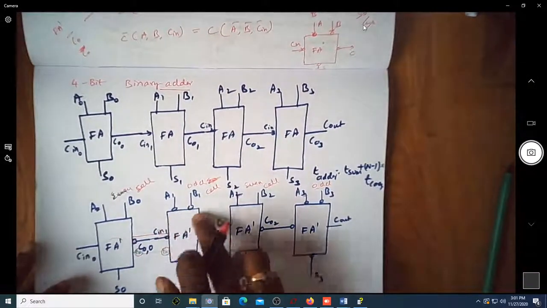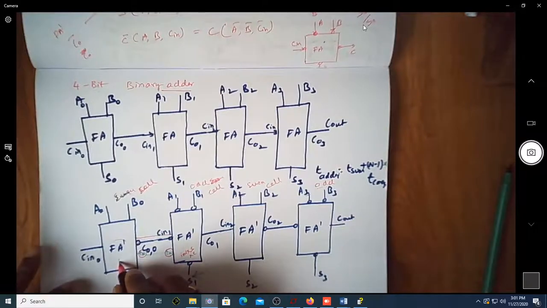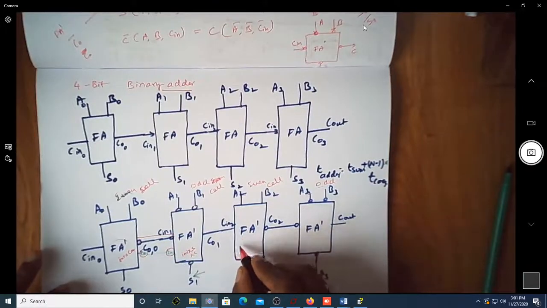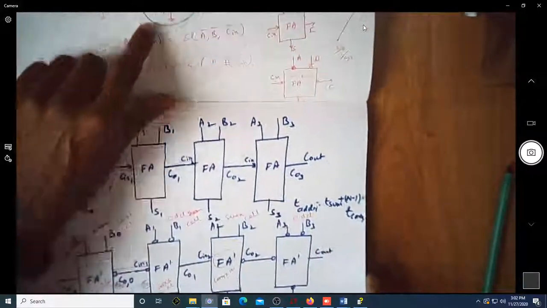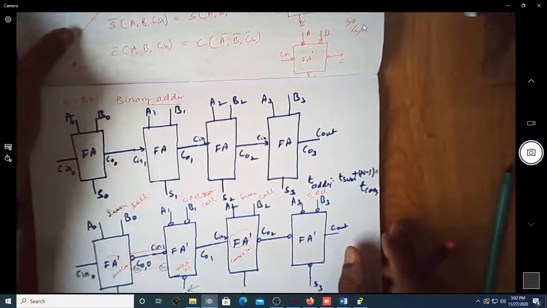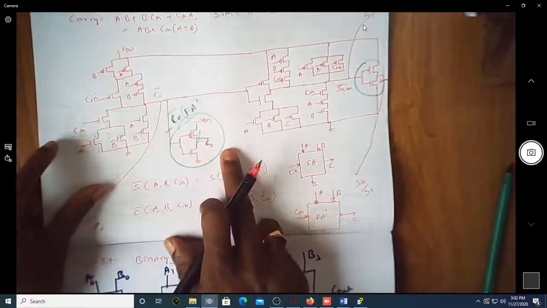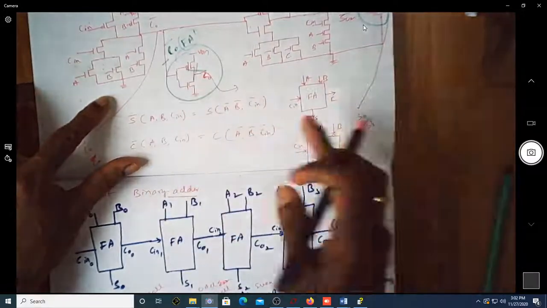in this full adder implementation, you don't have an inverter for both sum as well as carry. Here there is no inverter for only the carry path. Because FA dash indicates there is no inverter in the carry path. Now, what is the advantage of not having an inverter in the carry path? I know that this output will be connected to the next stage.